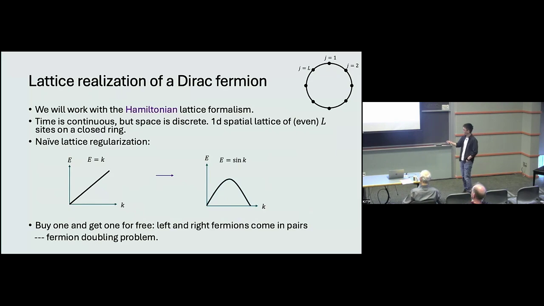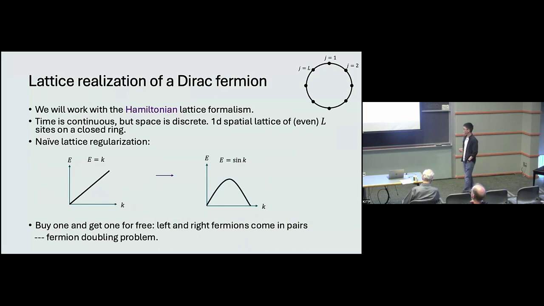It's just saying that the naive dispersion relation, the linear dispersion relation in the continuum, when you regularize it on the lattice, has to be a periodic function as you go across the Brillouin zone. So on this end, you get a nice right-moving fermion, but inevitably on the other end, you get a left-moving fermion. So if you put two complex fermions per site, you will get twice as many Dirac fermions in the continuum limit as you would hope.